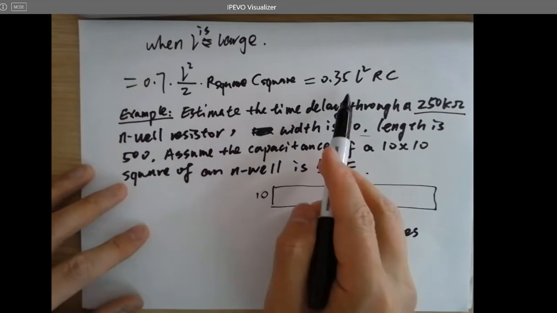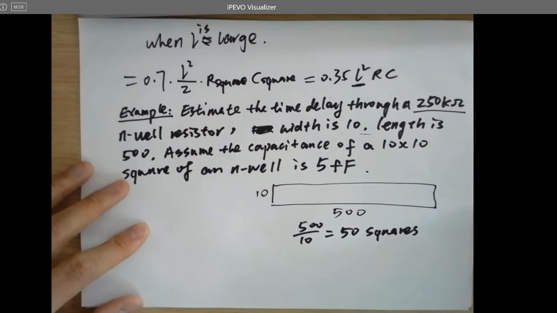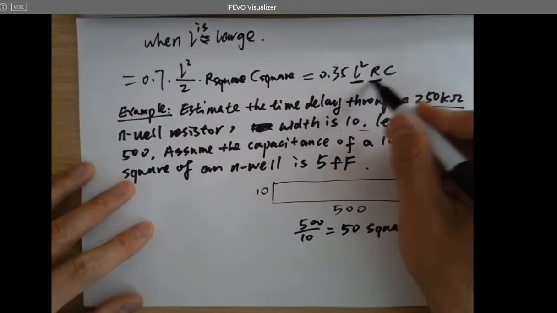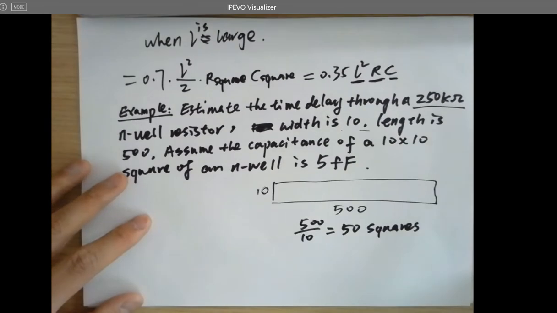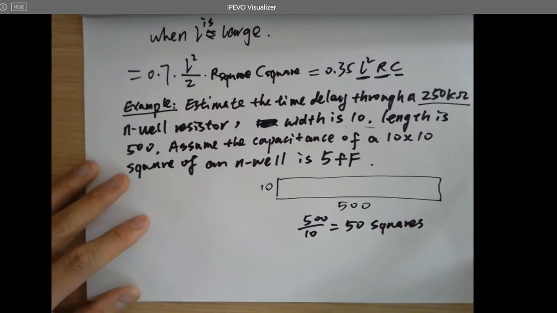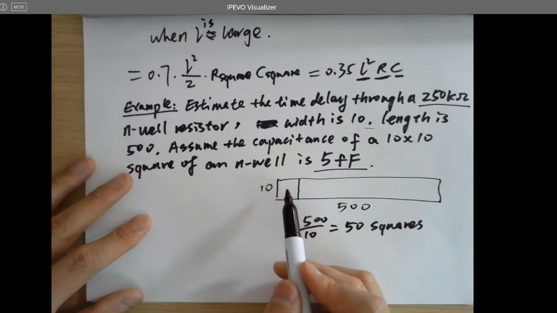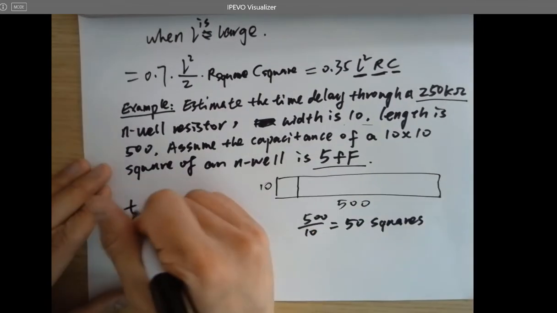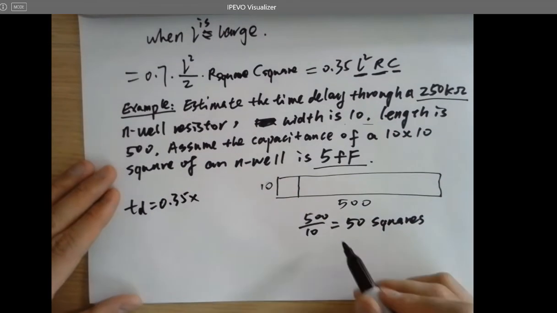So L here is 50. So we got L already, and R is given. So what is C square? A 10 by 10 is 5 femtofarad, right? So every C square is 5 femtofarad. So TD equals 0.35 times 50 squared times the sheet resistance, which is